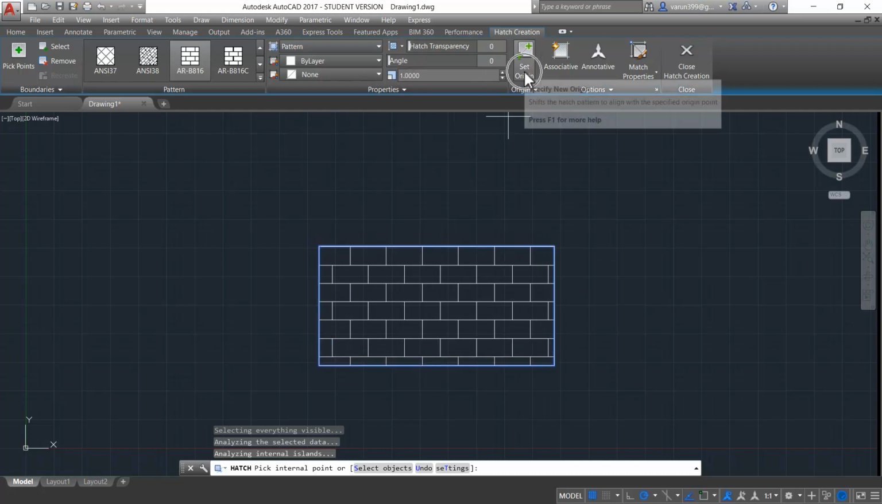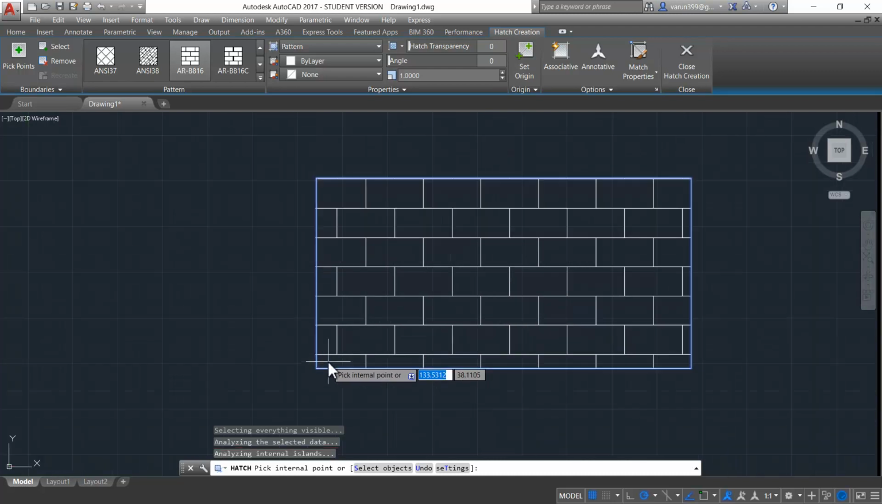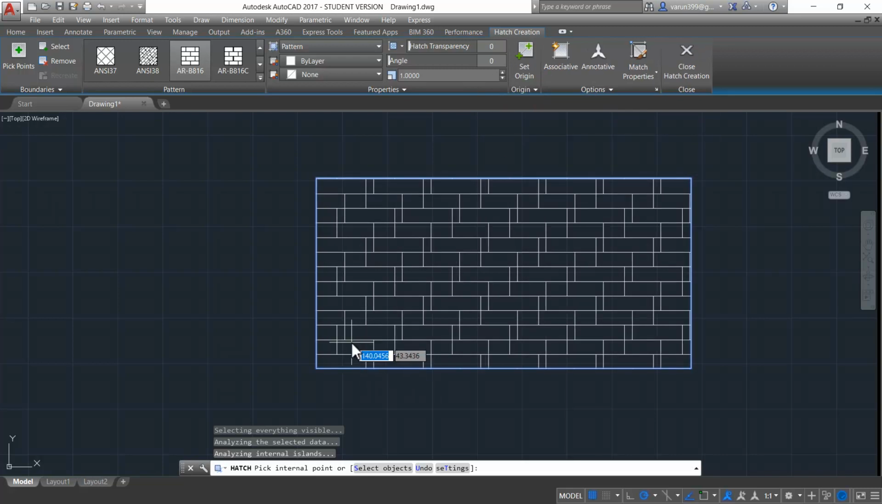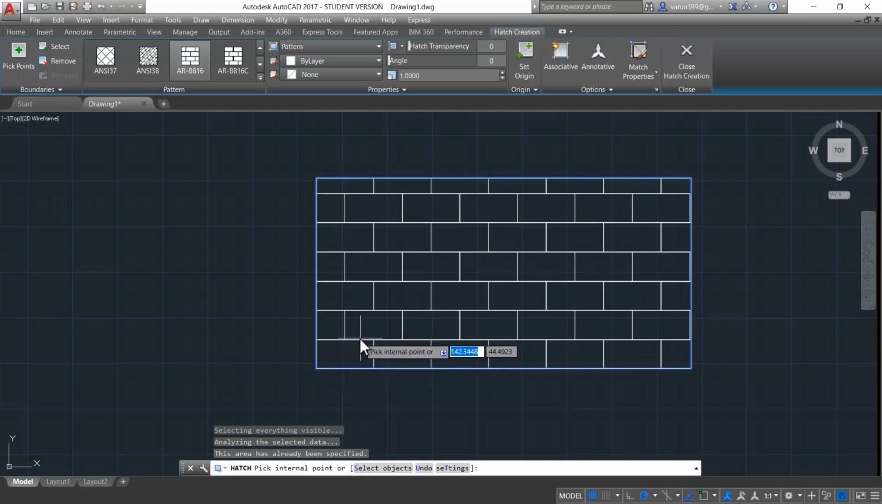Now let's get to know what set origin is. Set origin means that you can set an origin of this hatch pattern. That means you can see that here the brick starts from nowhere. So if you want your brick to start exactly from this bottom, you can set the origin from this corner like this, bottom left, and you can go and click anywhere in your drawing so that your bricks start exactly